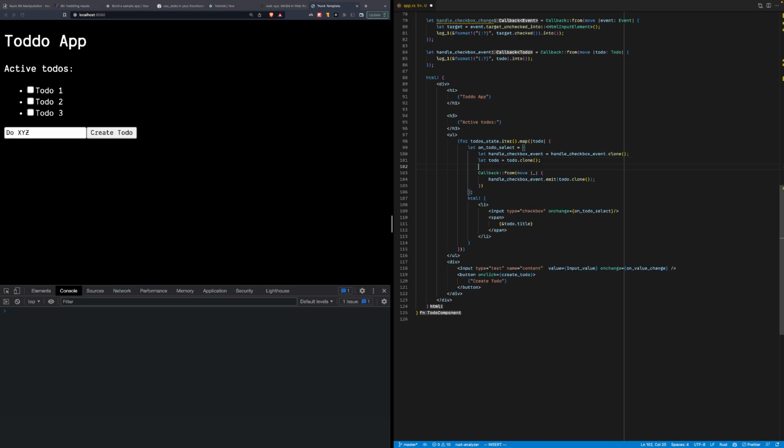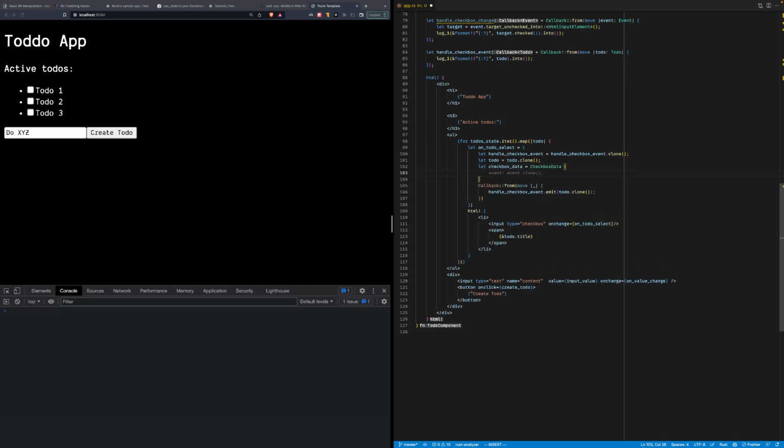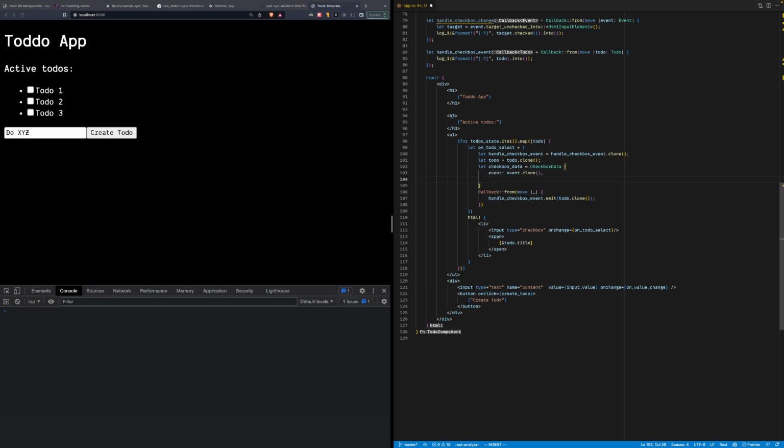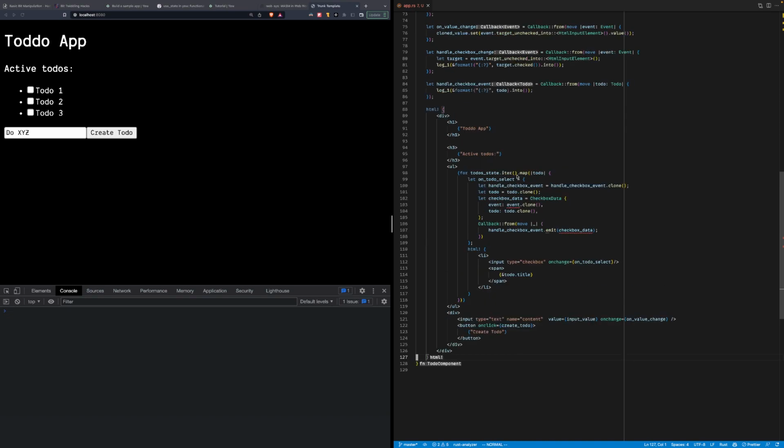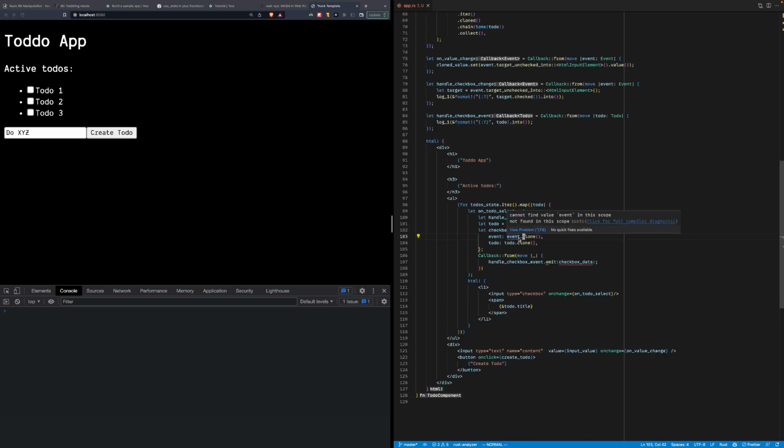I don't think it will be possible because of reasons. I think the clone is... let's see if it's possible. So what we're gonna do is, here we go, event and clone, and what I'm gonna do is pass in this checkbox data, and I think the reason is event is not in the scope.